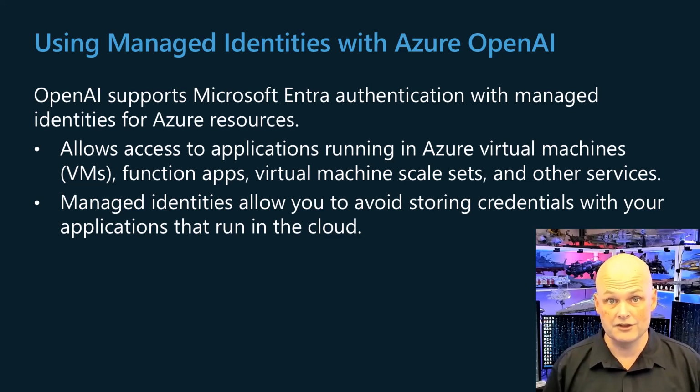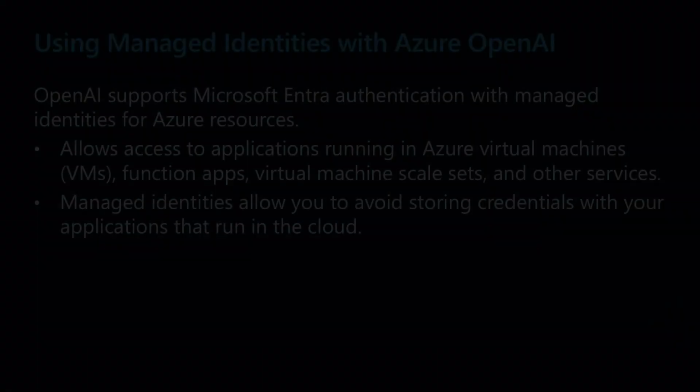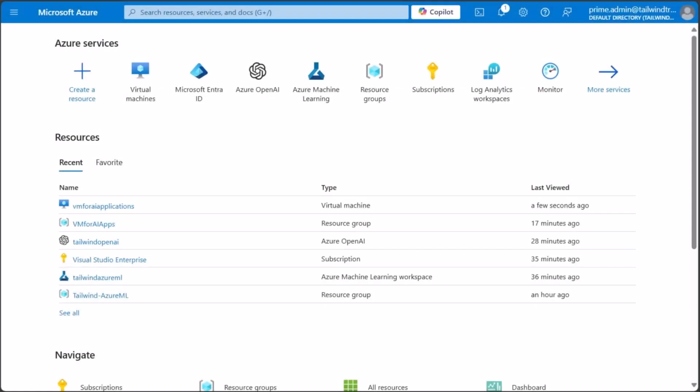than using key-based authentication. This is because Entra identities are more secure and can't leak in the way that authorization keys can. In the case of virtual machine-based identities, Entra will take care of all of the authentication and authorization. An architecture like the one presented here would allow an application deployed on the virtual machine to interact with the OpenAI service. We start in the Azure portal and we have a virtual machine named VM for AI applications already